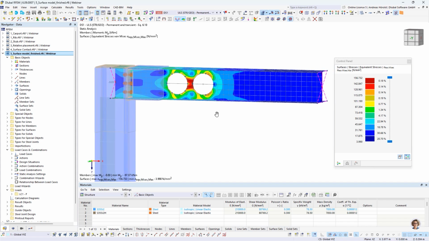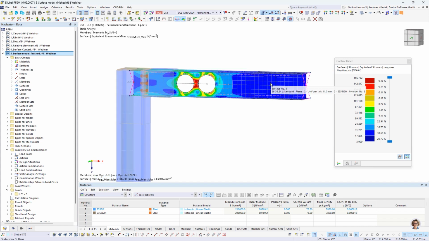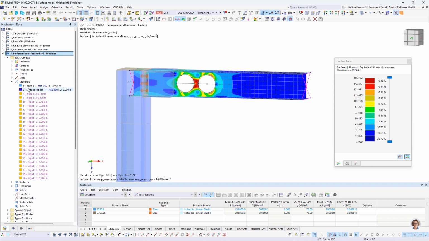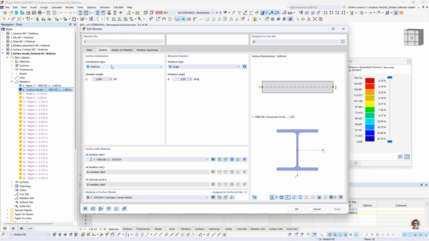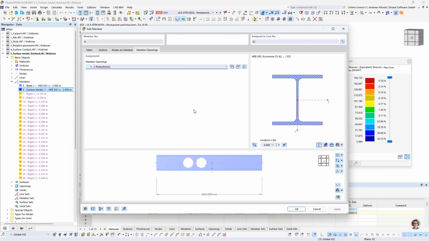In this example, there's a surface model with openings. How to create such things? That's a surface model. And for the member, I created a surface model. I double click on it. So member type, surface model. Then you have to select a section. And for example, you can then